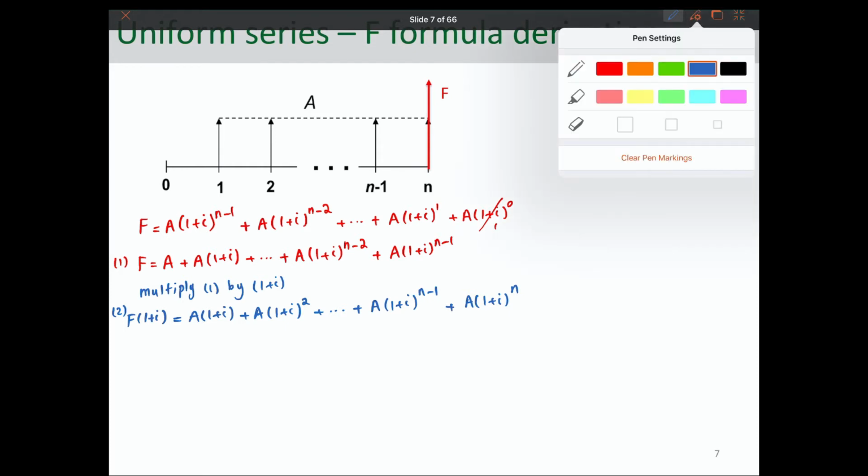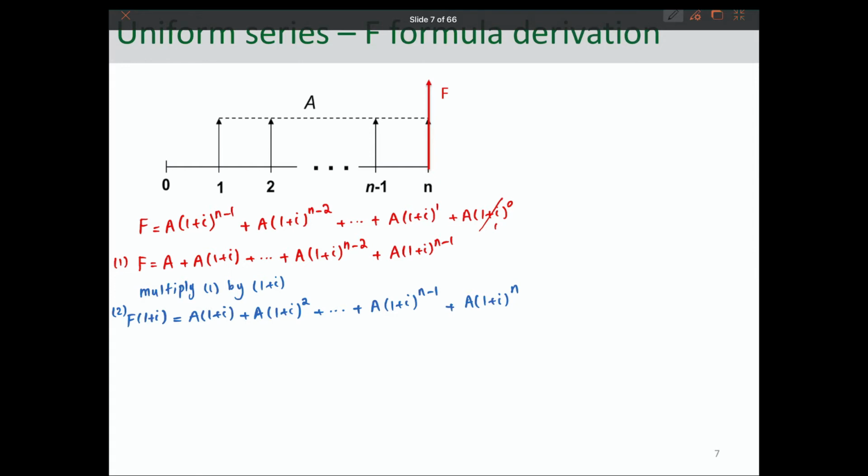What we're going to do is to subtract equation 1 from equation 2. So 2 minus 1. Many of these terms would cancel out. For example, this one would cancel out with this one, and this one with this one. So what you will be remained with would be f times 1 plus I minus f, this is the left side of these two equations, equals